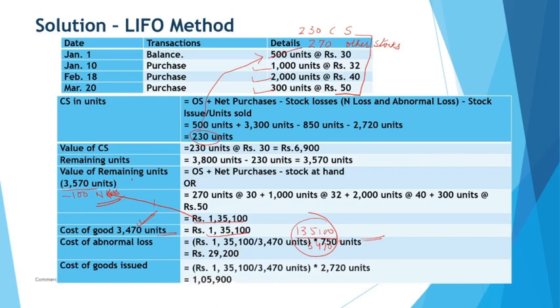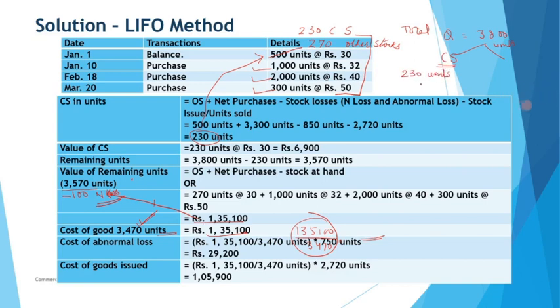See, the pattern is that first of all, out of the total quantity, again I am revising this for you, total quantity that we have is, just consider here 3800. Okay, so total quantity is 3800 units. Out of this total quantity, first of all separate closing stock, because periodic system says the stock which is traceable must be measured as per the method. So we separated this. Okay, this gave us closing stock. Now calculate cost of remaining.